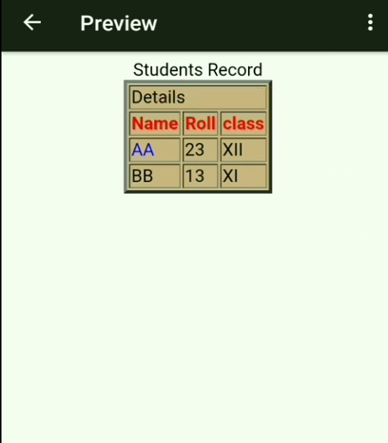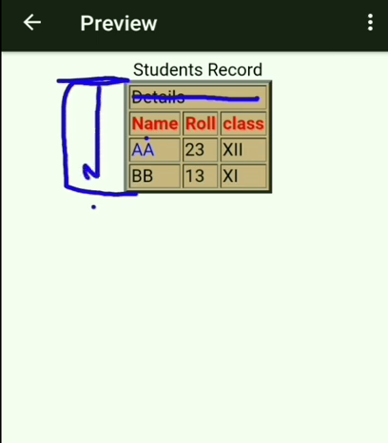So it seems that it is merged. Okay. But if we want to give the student details on the left side, then rows have to merge. If the cell extends to the right side, then we use colspan. If the cell extends downward, then we use rowspan. Span means it is extended.